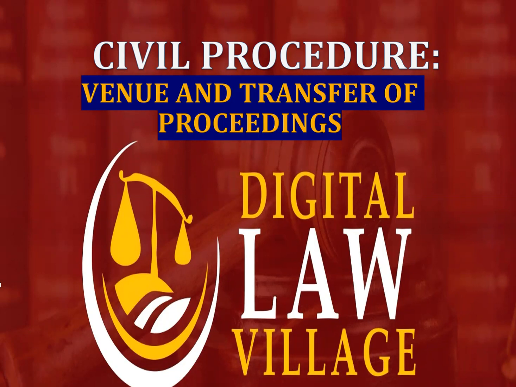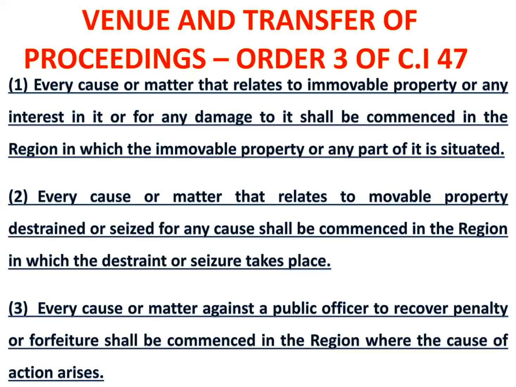Now, bear in mind, there's a High Court in Accra, High Court in Kumasi, High Courts in Tamale. There are High Courts spread across the length and breadth of the country. Now, if you want to commence an action, how do you determine the venue of the proceedings? The instructive provision to look at is Order 3 of the CI 47, and it deals with venue and transfer of proceedings. Order 3 reads as follows, and I quote,